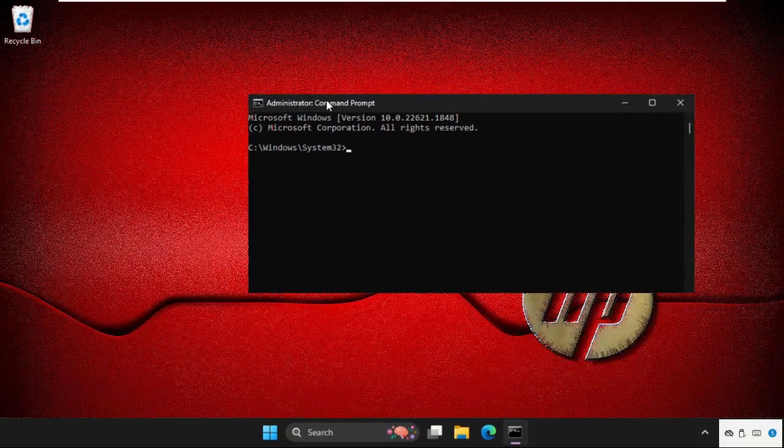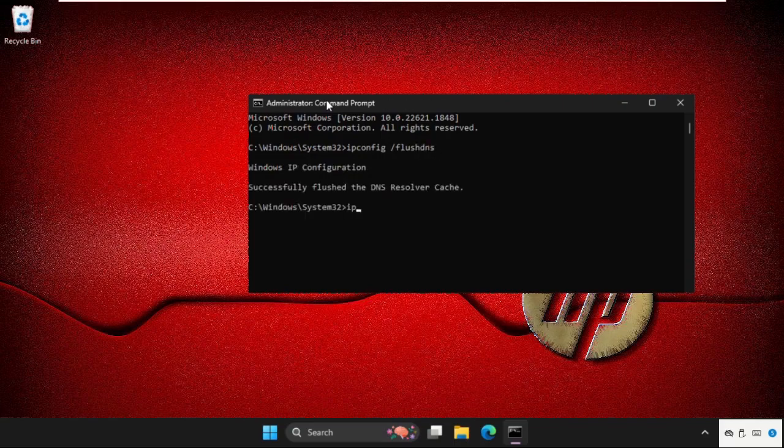Then type, first command is ipconfig space /flushdns and hit enter. Then type in ipconfig space /renew,